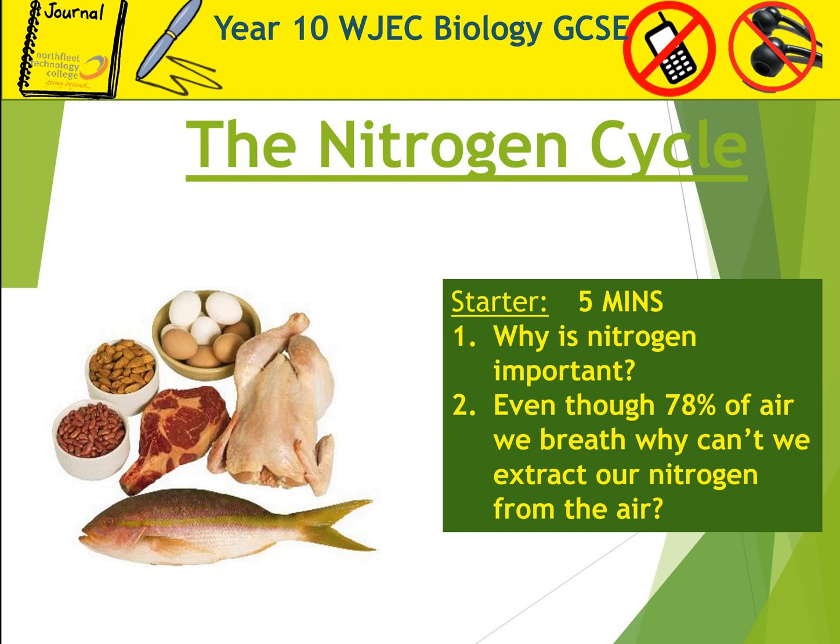Any excess amino acids get taken to our liver, they get turned into urea, and our body gets rid of that waste urea when we go to the toilet in the form of our urine. When our bodies die, decomposers break down the dead body and start to release some of the nitrogen that was formed in these protein structures in animals and in plants.